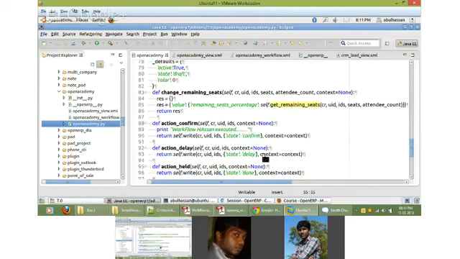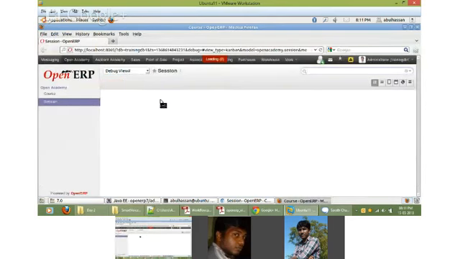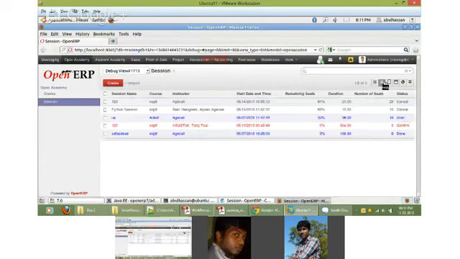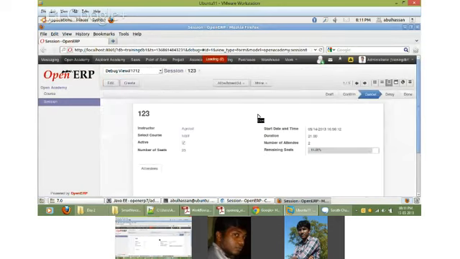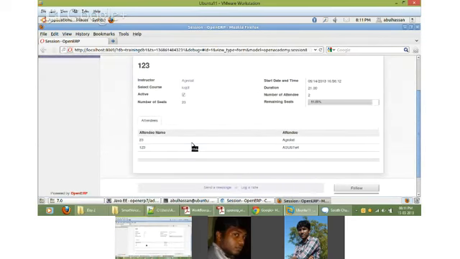See the session model. For each session there are multiple attendees.